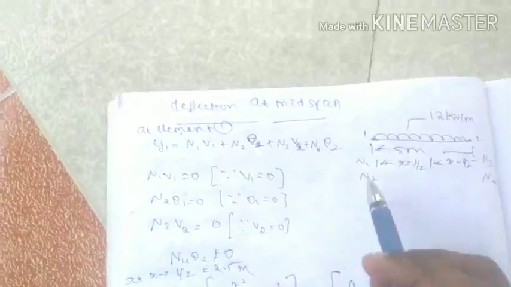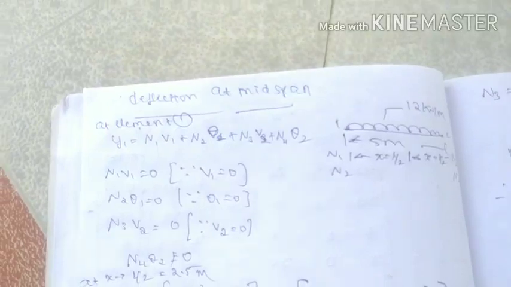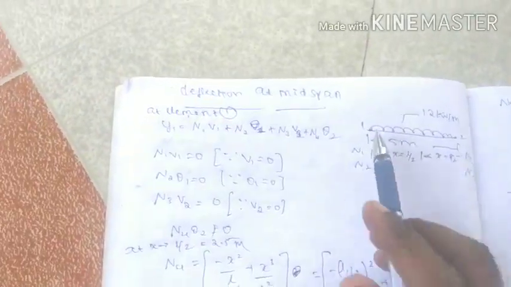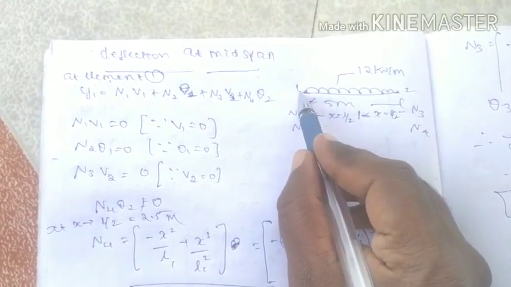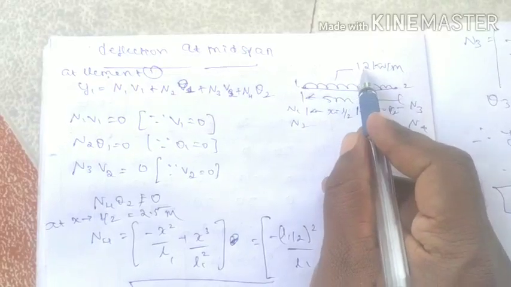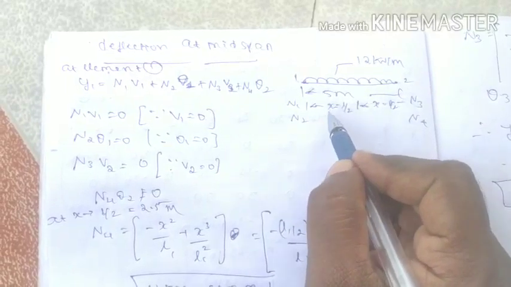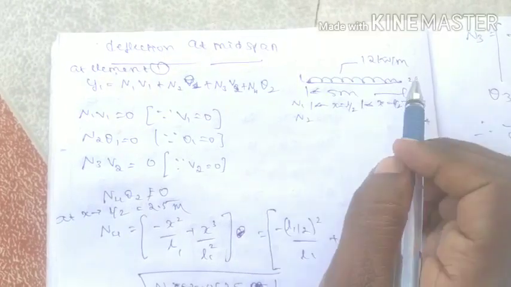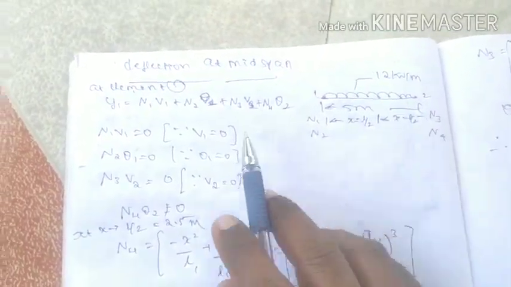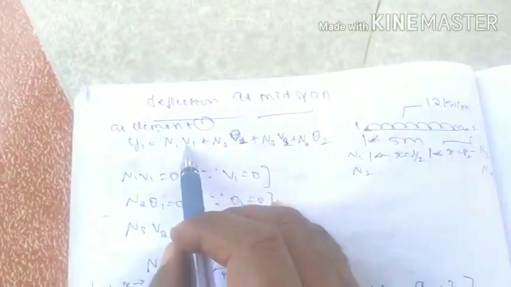And also finally they are asking the same thing as the previous problem. What is the deflection at the midspan? So deflection at the midspan for each UDL. Therefore both elements are now subjected to UDL. First we will take element 1, here node 1 and node 2, corresponding UDL is 12. Therefore we need to find out what is the deflection at this midspan. So node 1, it is 5 meter. Therefore x is L by 2, that is 2.5, and here N1, N2 shape functions, here N3, N4. So you have to use a Hermite shape function, that is y1 is equal to N1 v1